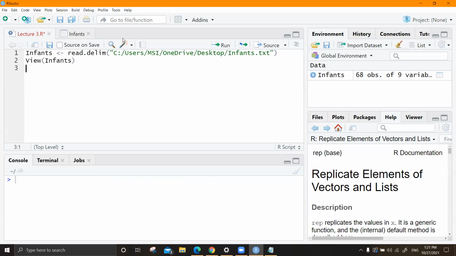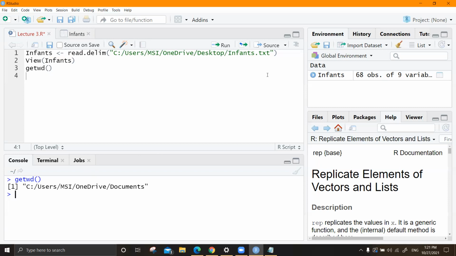If you don't know where your R software is originally located, you can obtain that by running this code line. I'll write getwd, which means get working directory. You give this and run the code line. So this is the place where my working directory stays.